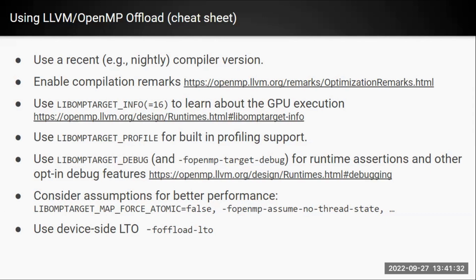For example, it tells you when data is sent to the device and when not. It basically shows you how we keep track of the reference count of data, and use the reference count to determine when data has to be shipped or doesn't have to be shipped. How we execute a kernel. What mode do we use? How many blocks and how many threads do we use? All of that information that is kind of hidden behind this world of whatever the runtime does can be exposed through these environment variables. And if you need more information than that, for example, if you want to enable the runtime assertions or other